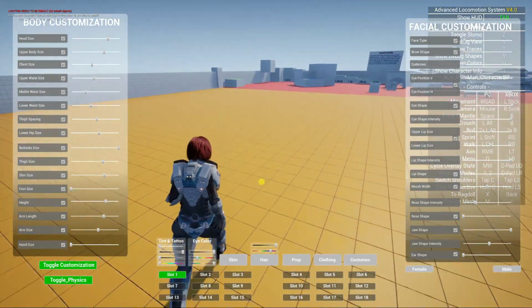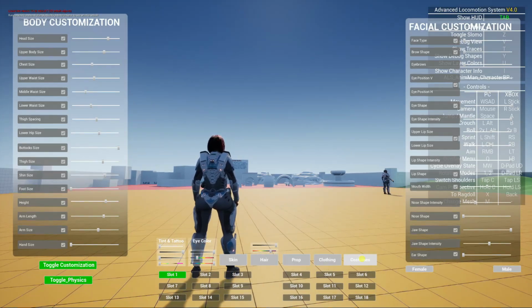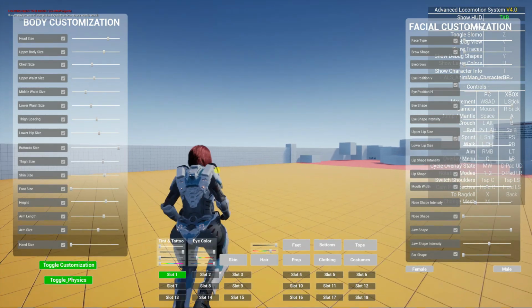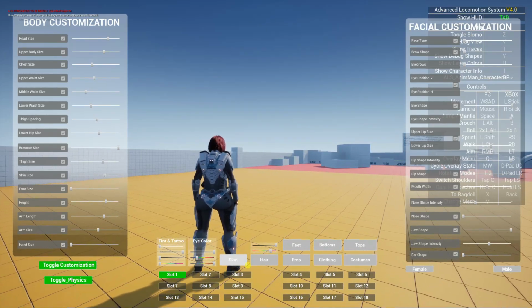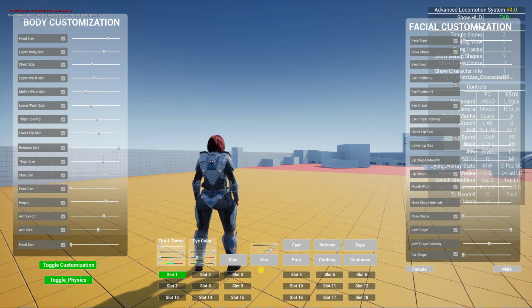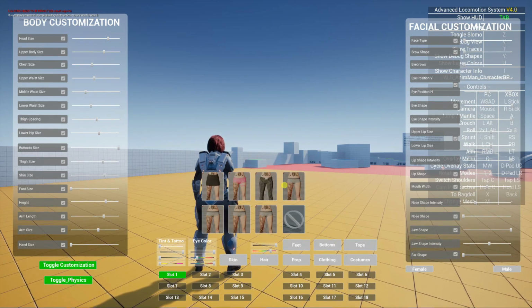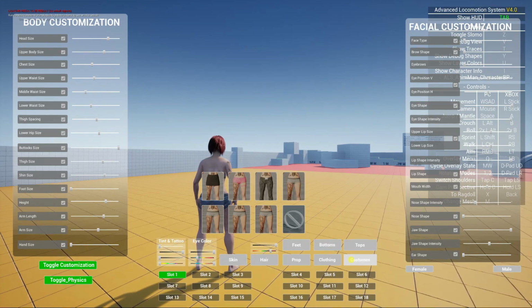So as you can see, my customization system is now working. The system isn't 100% fully set up, so I'm only going to show a few of the things here. But everything is 100% working. So let's go to our clothing. I'll just remove the clothing there,